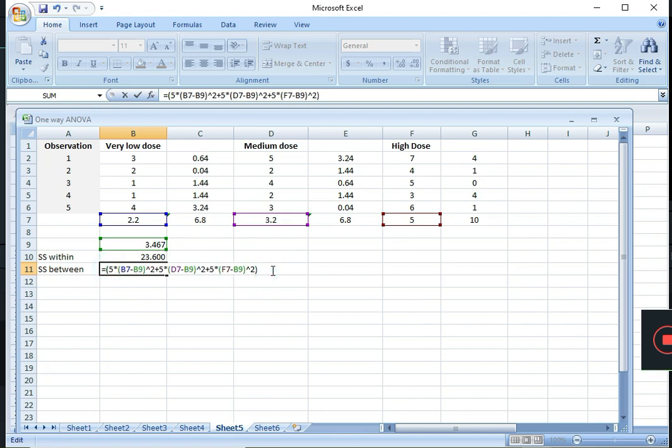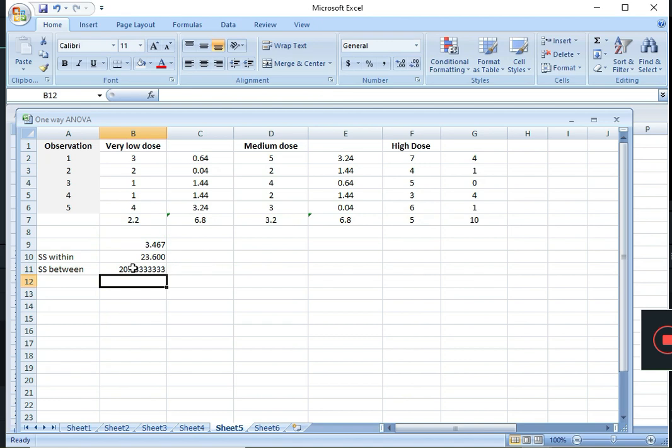Okay, enter. Yeah, so this we have achieved. From here we can decrease the decimals. Okay, now this is within and this is between. So if we want to make a total, the total is these two. This is the total deviation. When we compare the results, this deviation will help us out.